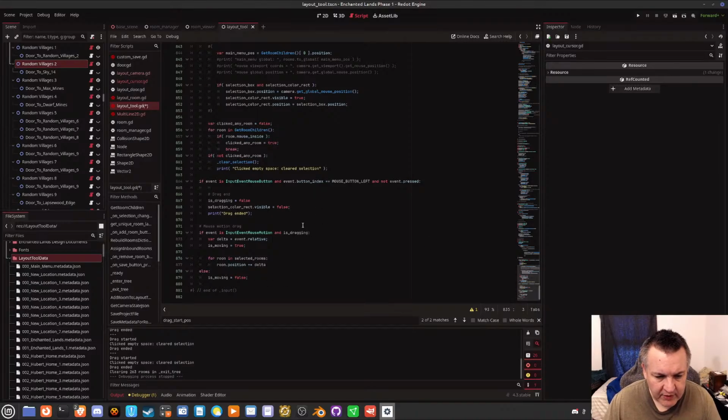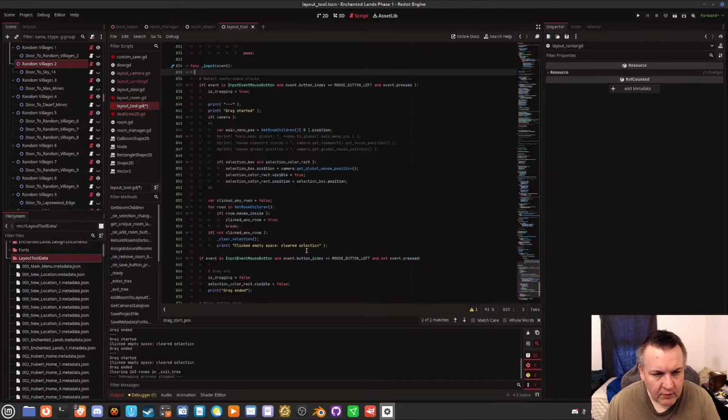So nothing will happen unless I actually put something in selected rooms array. So that will be okay. We can just leave that. Oh, this main menu position thing doesn't need to be in here. And that's what it was barking at me before.